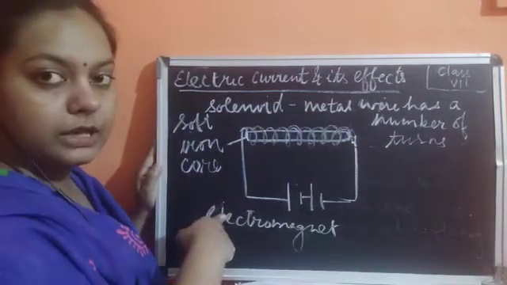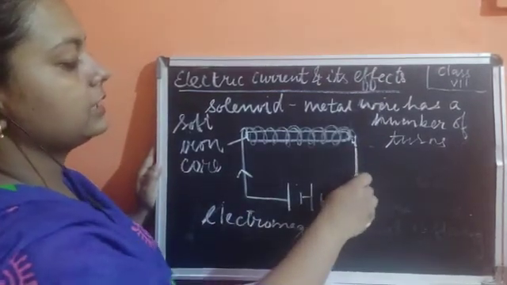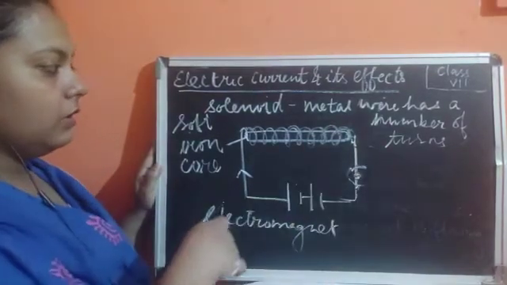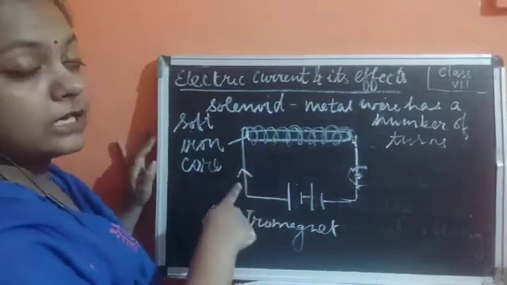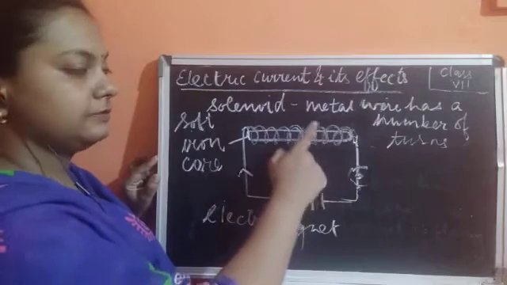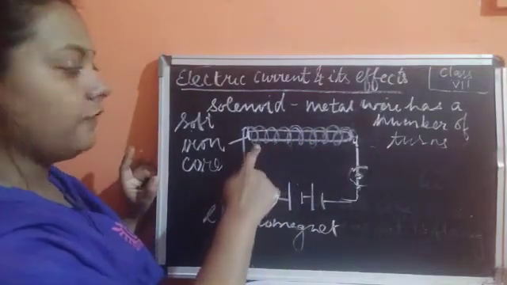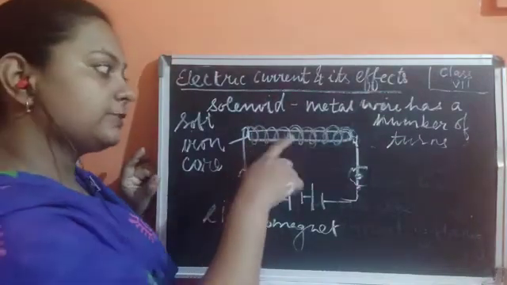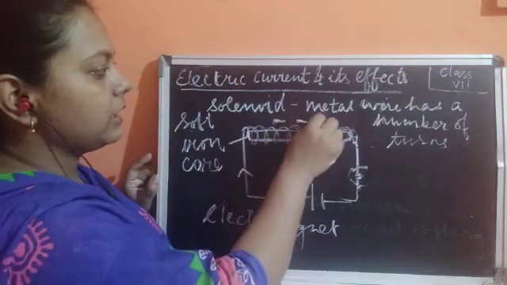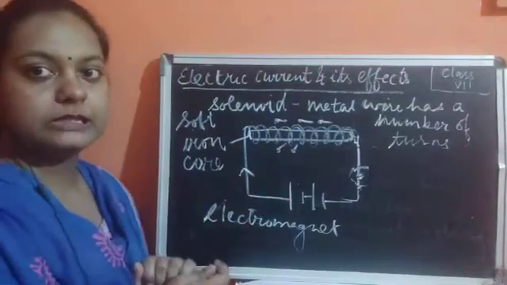Now how is this working? As soon as the current starts flowing in this circuit, the circuit is to be closed. Once the circuit is closed, the current starts flowing in it. It is going to move in these coils, in these turns, and once the current is flowing, this soft iron core starts behaving like a magnet. How would you prove that? If you keep some iron objects, some iron pins over here, they could be attracted towards this electromagnet.